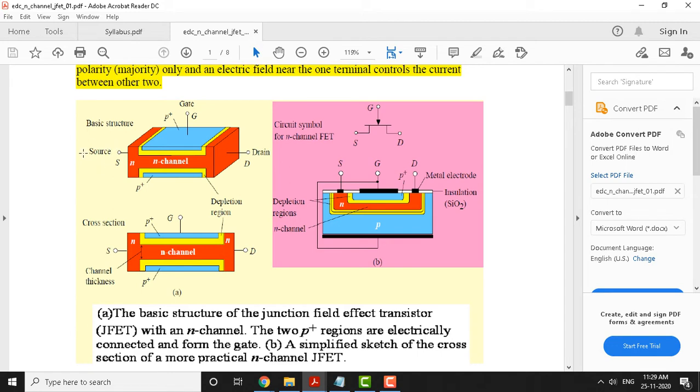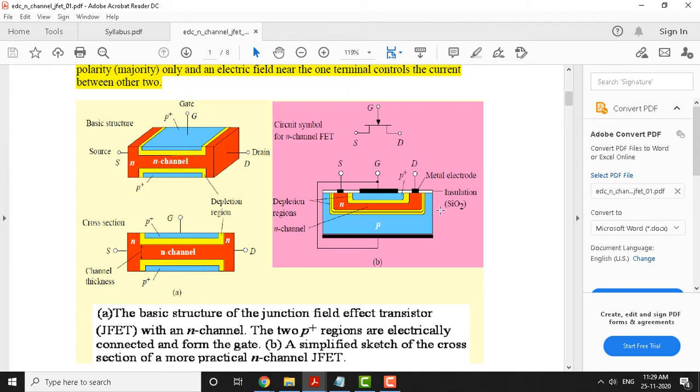You can see the namings also have a certain meaning. Source means it is a source of electrons in this case. So, electrons are injected from the external circuit, where we connect the power supply. Through that the electrons are injected here, and you collect the electrons at the drain. The movement of electrons within this red region between these two junctions can be controlled by varying the voltage between the gate and source.